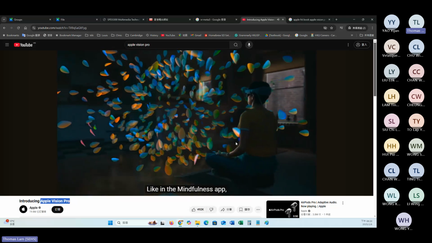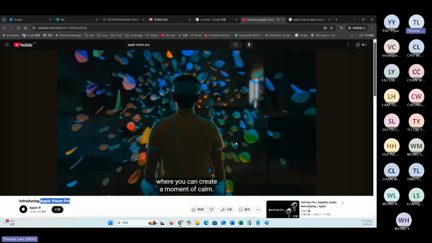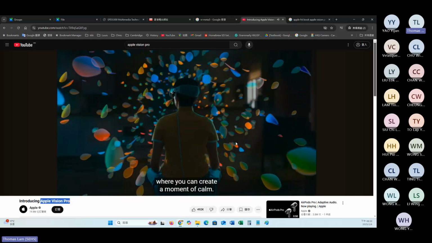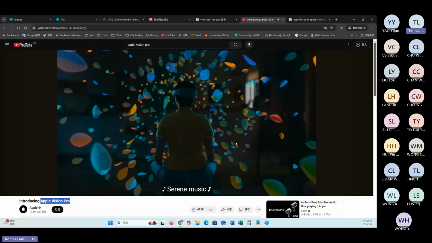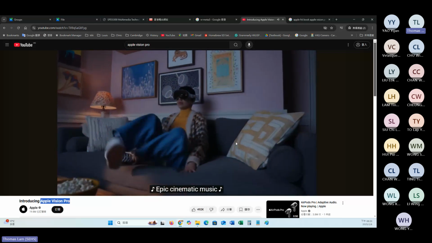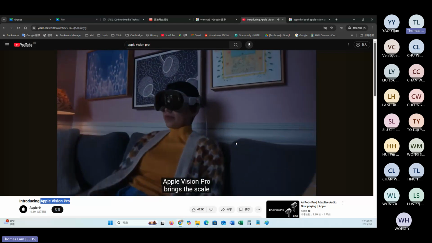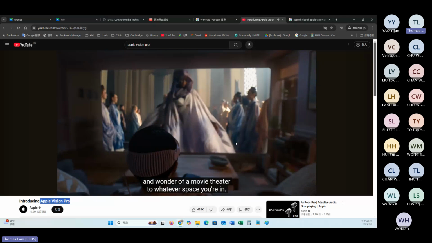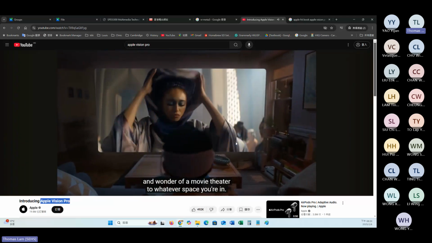Like in the Mindfulness app, where you can create a moment of calm. Apple Vision Pro brings the scale and wonder of a movie theater to whatever space you're in.